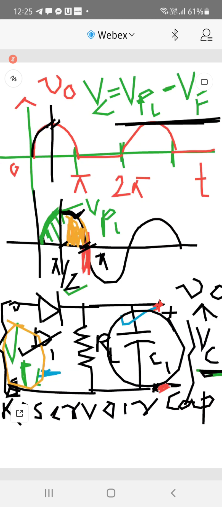That means across the diode the positive side is getting VPI minus VF, because this region is now as much as the input has fallen from VPI, suppose that is VPI minus VF. I'm marking this portion in black. Okay? So the diode here also gets VPI minus VF, and there also VPI minus VF, and the capacitor is also retaining the charge at VPI minus VF. So the diode is in a borderline condition between forward bias and reverse bias.